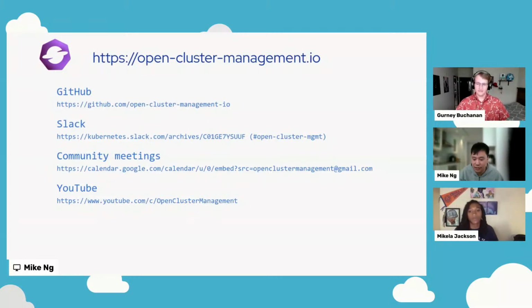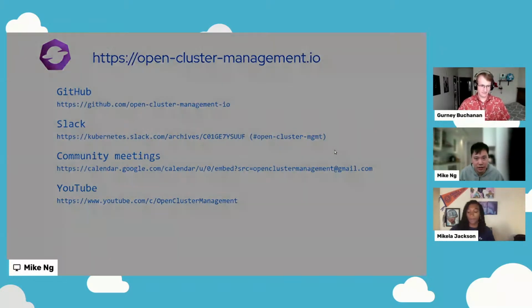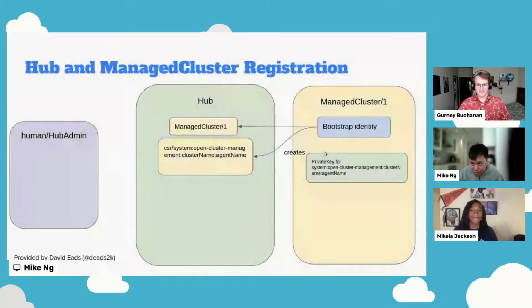The 10:30 a.m. Eastern Time is in the morning. So we rotate that on a bi-weekly basis. It's a completely open community meeting, so feel free to join in, and then we can talk about whatever problems or whatever suggestions you have for the community. So thank you, Mikela, for that quick plug on our community side.